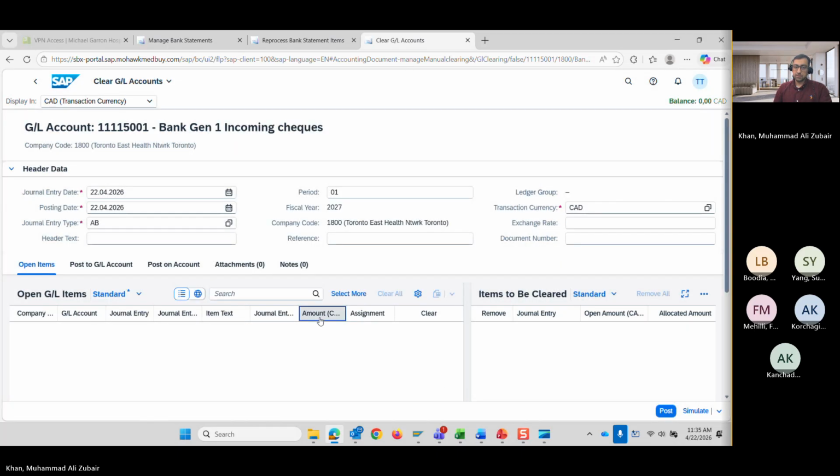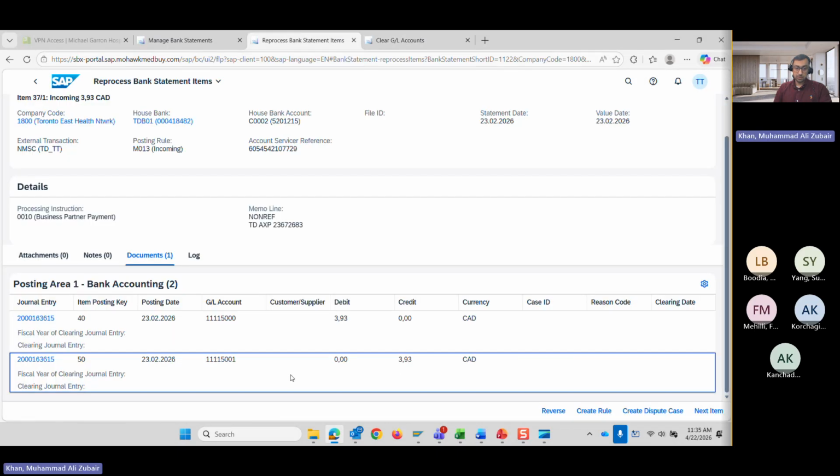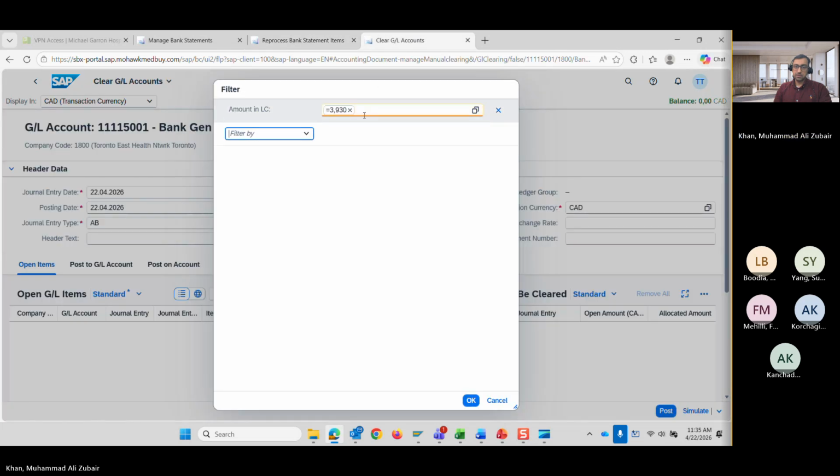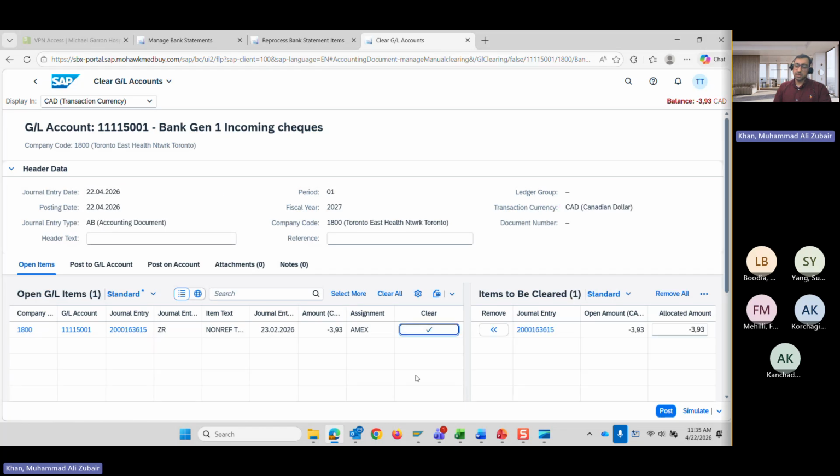Select. Because it's outgoing probably. Yeah, it's credit, so I have to put a minus sign with this. So minus 3.93. So it is MX. You have to take it here, and again there will be some entry here